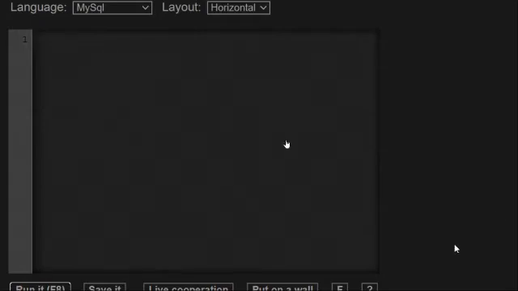Okay, let's start. First we write select power(2, -1). It means 2 to the power minus 1, that is 1 upon 2, which means 0.5. Here in place of a point it uses a comma. Next we change the power. Now we write 2 to the power 1, that is 2. Again we change the power, 2 to the power minus 2 means 1 upon 4, that is 0.25.